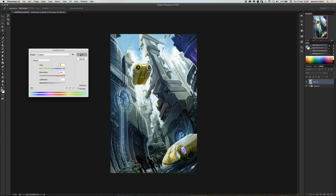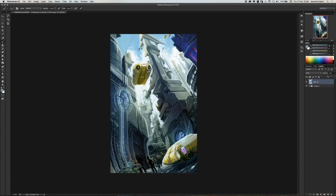There we go. I can just take it out like that, and then I can drop the opacity of that even more. And if you look at the difference between that and that, that's loads. And then I can just grab my eraser and get rid of some of that from the top. So I've still got the golden sunlight at the top, but just not as much at the bottom, and that's great. What I do want to do anyway is